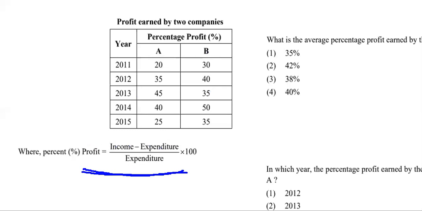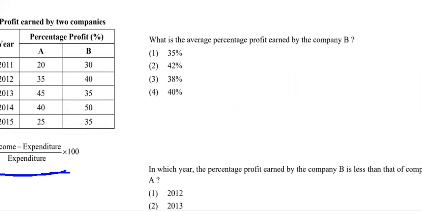So now we can move on to the question. Let's name this question number 4. Question 4 says, what is the average percentage profit earned by company B? Very simple question. We very well know how to find average. So the fourth question is expecting us to get the average profit earned by company B. See here, for company B we clearly have the percentage profits earned for all the 5 years, and all we need to find is just the average. That's all. Fine. So how can you find the average actually?